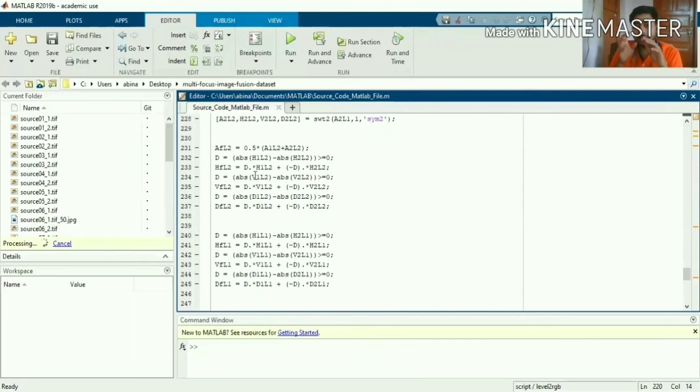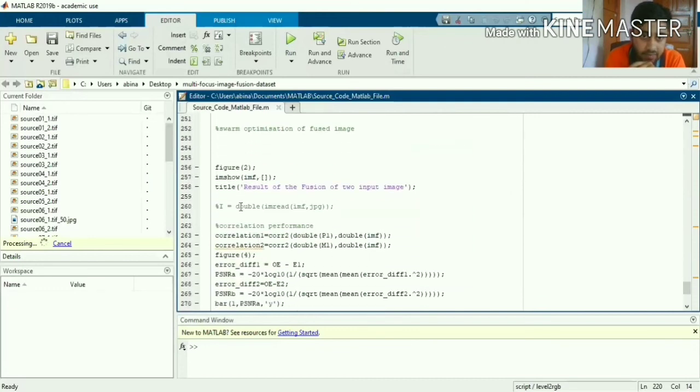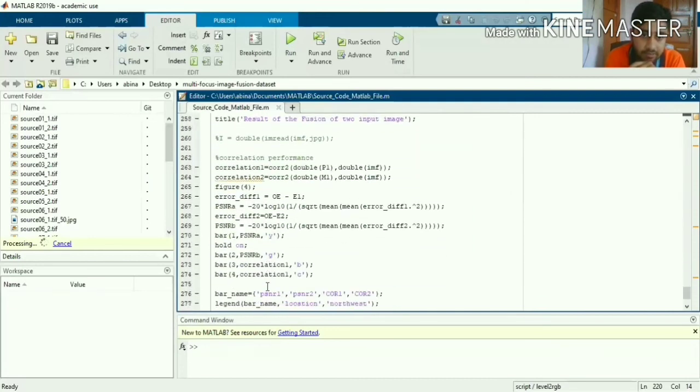After getting the transformation coefficients from both images, the detail coefficients and the approximation coefficients, the approximation will come from the lower one, and the details will be horizontal, vertical, and diagonal. We'll apply this operation for both matrices, and this is the second level decomposition. So we'll apply the inverse operation twice, and we'll get the output, and then again we evaluate on the basis of PSNR, peak signal to noise ratio, and correlation values.